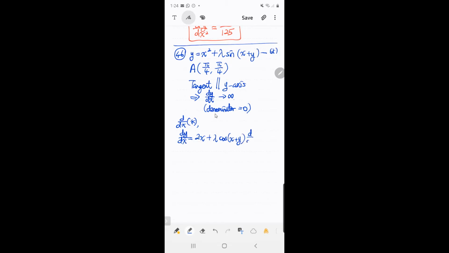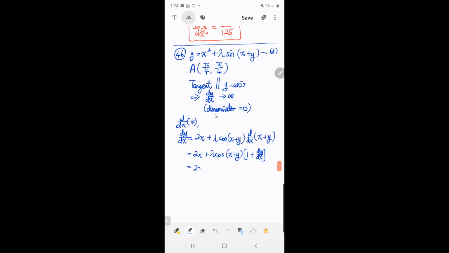You are supposed to differentiate all the terms in the bracket, which is x plus y. So therefore, we move on with the chain rule. So 2x plus lambda. Now this one changed to cos already, cos of x plus y. Then you have d dx of x plus y. d dx of x plus y is just 1 plus dy dx. So this is quite straightforward. Okay. And now they said you have to find dy dx in terms of x and also y. So that means you will need